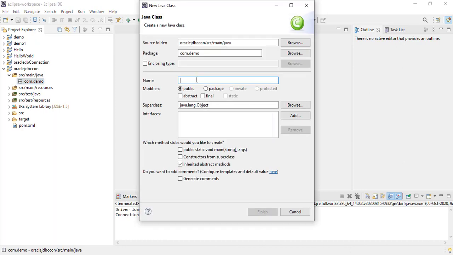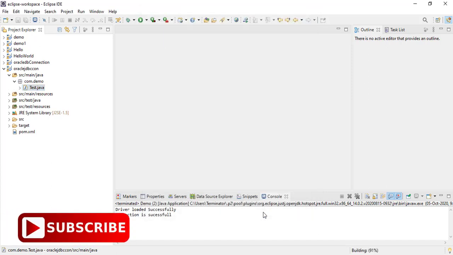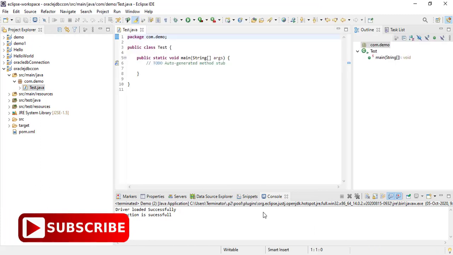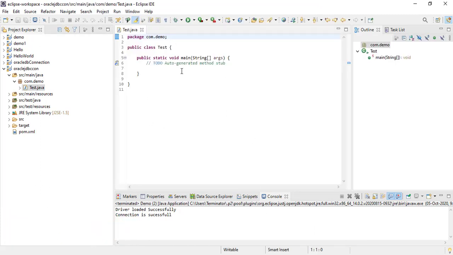I will give the class name as test and I will click on this checkbox, public static void main. Then click on finish. I got the class now. Before writing code here, I will go to pom.xml file.